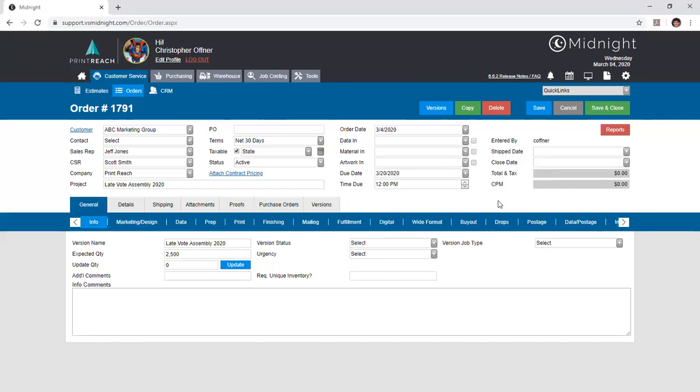Now I've isolated how to fill out general information on your order and also what everything more or less relates to. You can create orders by either copying them from another job by clicking this green copy button here at the top,